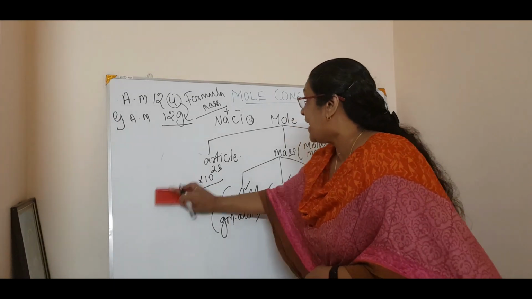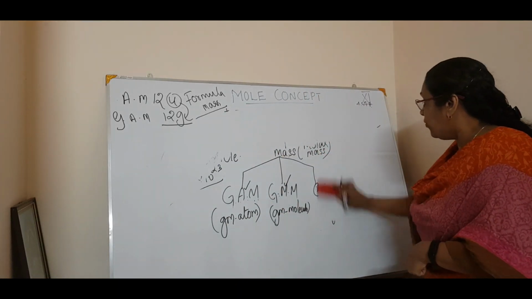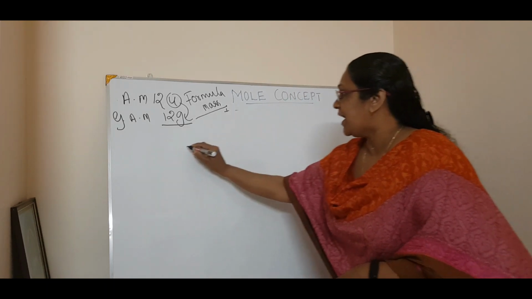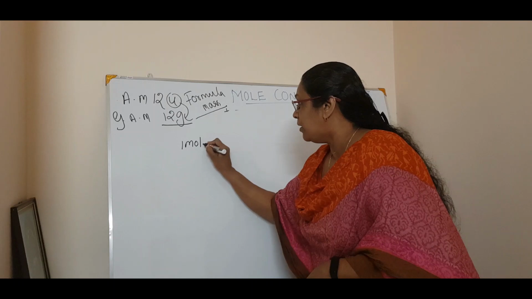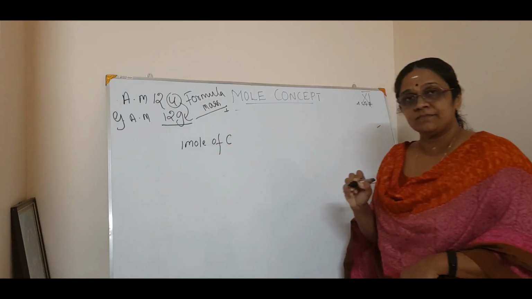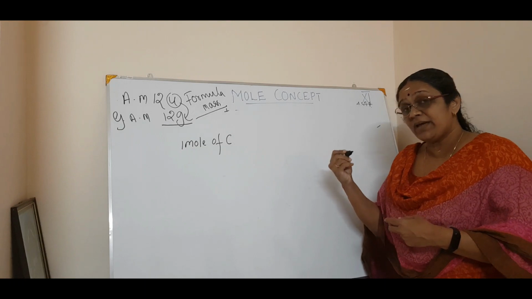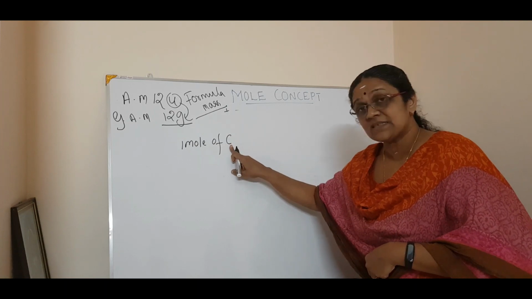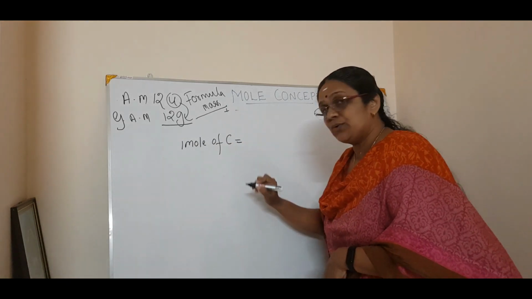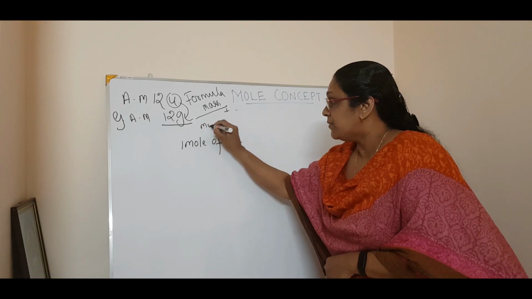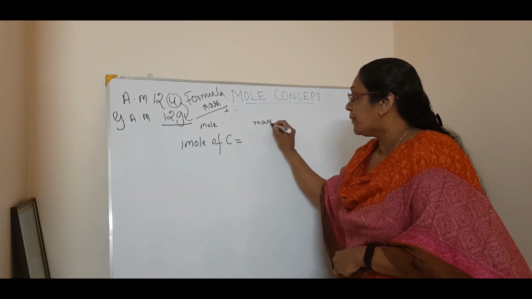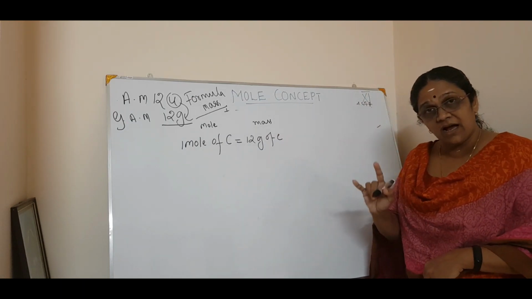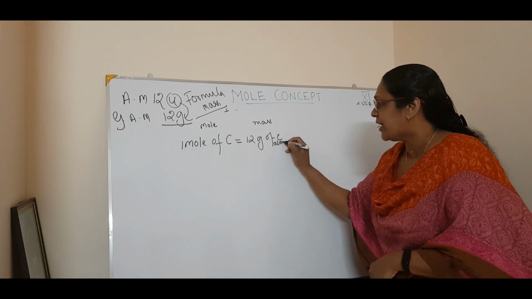Now we will see the comparison, how you compare all these 3. I can say 1 mole of carbon. Again and again, I am repeating to make the concept clear. So 1 mole of carbon, this is carbon atom, right? That is equal to, this is mole. Now you represent it in mass. How do you represent it in mass? 12 gram of carbon, correct? 12 gram of carbon, if you want to say atom, carbon atom.